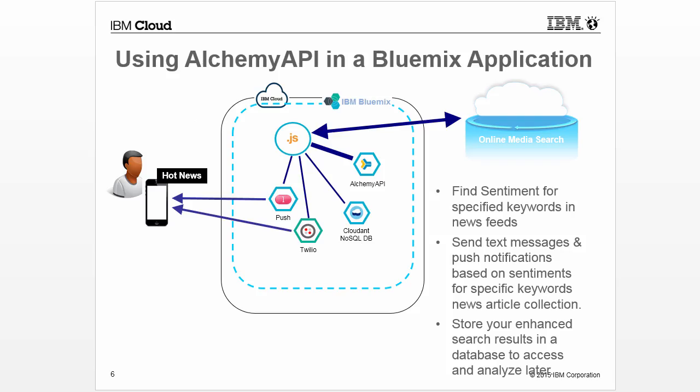Let's look at an application using Alchemy API in Bluemix. In this application, we are using Alchemy API and services in the cloud. We are calling text get text sentiment Alchemy API to check the sentiment for specific keywords in hundreds of news feeds. Next, based on sentiment analysis, we send appropriate text messages to users' mobile device using Twilio service in Bluemix,